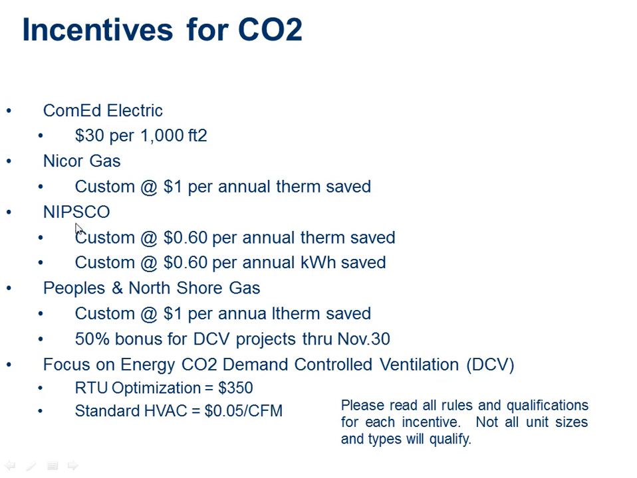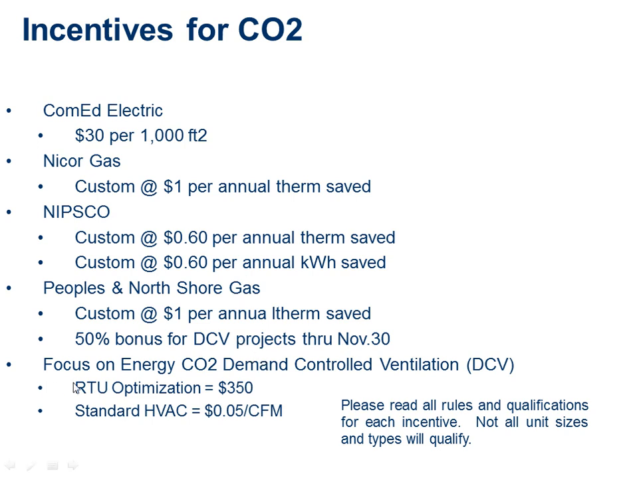If you're in Indiana and you're a NIPSCO customer, it's custom also, but you can do the electric and the gas savings on the same program there. Peoples and North Shore Gas, which is Chicago and just north of Chicago, that is a custom program as well, $1 per annual therm saved. Plus, last month and this month, there's a bonus of 50% more for DCV specifically. So not all custom projects, just custom projects that use CO2 sensors, you get $1.50 per annual therm saved